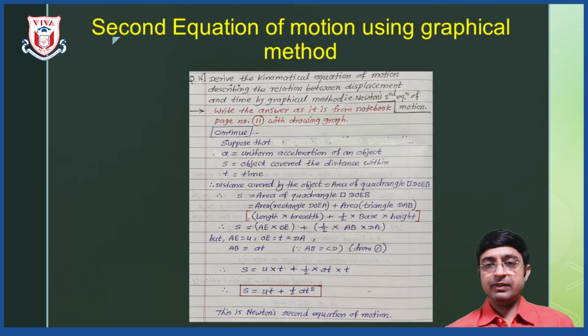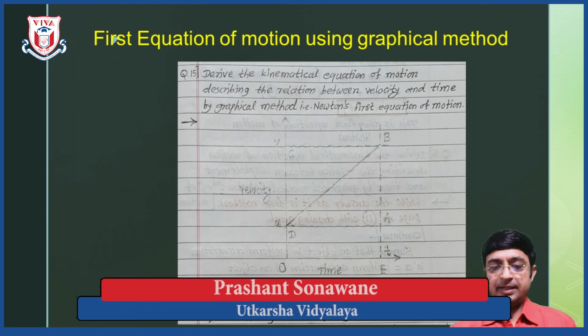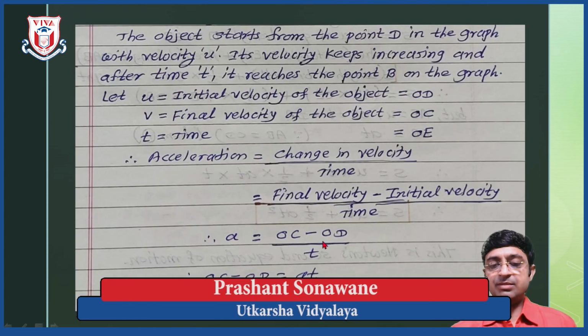Next, the second equation of motion using the graphical method. Now again the question is asked this way. See there. Derive the kinematical equation of motion describing the relation between displacement and time by the graphical method, that is Newton's second equation of motion. Now up to equation number 1 is the same, which we write here as it is. I will show that. This graph and this part up to equation number 1 is common for equation number 2 and